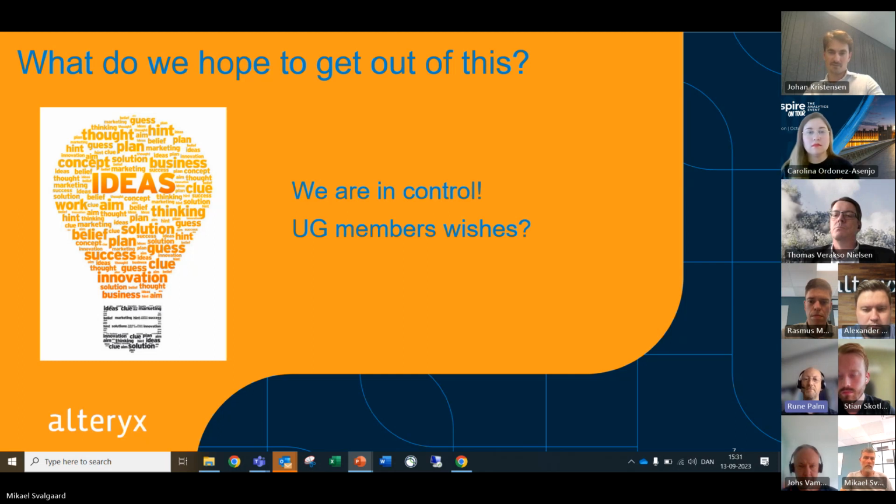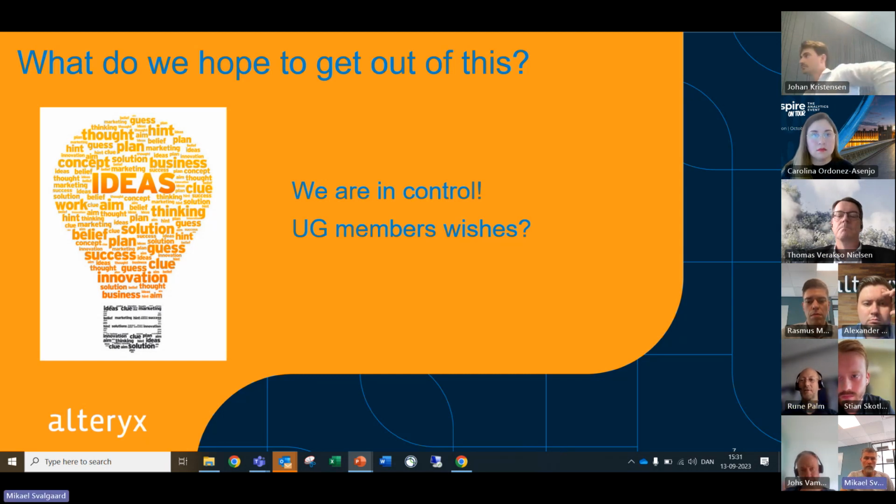So that could be specific use cases, but also maybe on a larger scale, deployment, as we were talking before: how do we get the idea of what you can do with Alteryx out in your organization, especially if you have the server and all the opportunities that you can get from that.